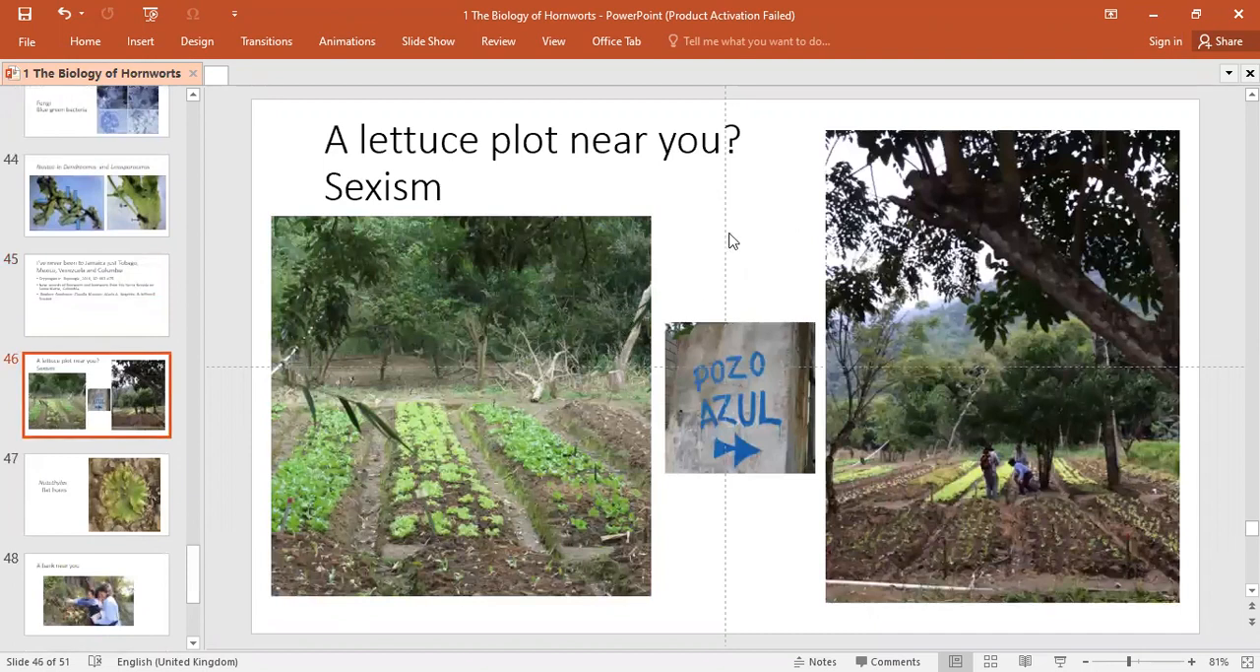The first hornwort we found was in a lettuce plot. So, asking, are there any similar veggie fields in Jamaica? I saw this lettuce plot and thought, that's going to have a hornwort growing in it. But then there was a problem. It was privately owned. The farm was just off to the right, and the two